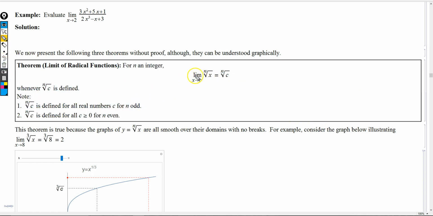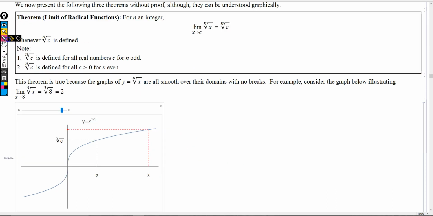Let's just see why this is true. Like, why is this true? Well, graphically speaking, if you look down here, for example, right here is the graph of x to the 1/3 power. And you notice it's nice and smooth, and it doesn't have any breaks in it. So if I take a c value here, and right here would be the cube root of c, and I pick any x value, this little red dot right here would be the cube root of x, or x to the 1/3, notice that because this graph is nice and smooth,